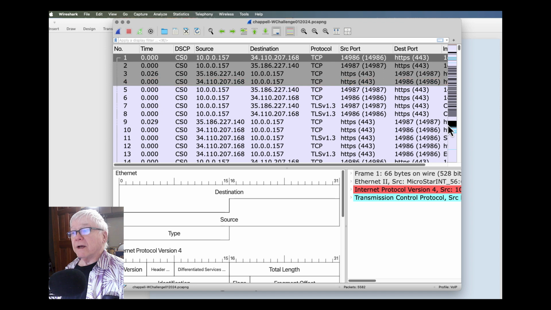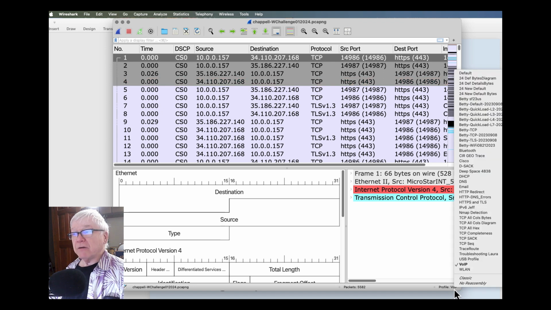And when I have already defined those, I can save that as a separate profile that will quickly allow me, for Bluetooth, incident response, for looking at Cisco devices.